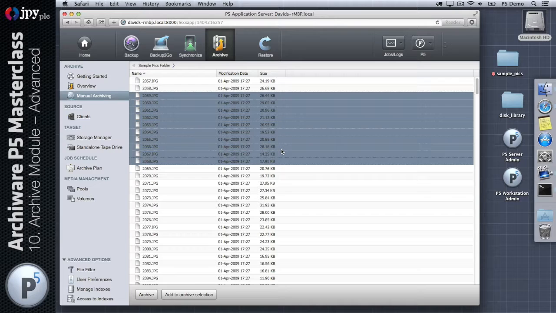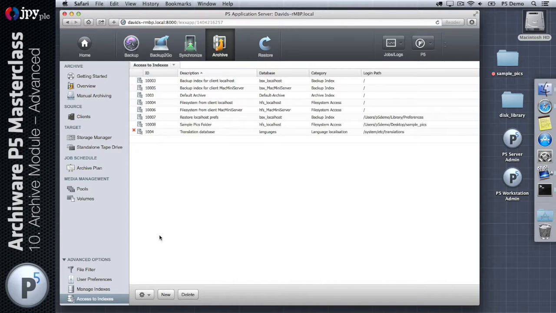This is really useful where you've got an Archiware server in an environment where the users need to be able to see shares, so that the server is probably sharing out storage with volume or share names, to replicate those share names within Archiware, so that the users can see the same storage objects that they see on their desktops within the Archiware web interface. Okay, so that's login areas, or access to indexes, and the next thing I'm going to show you is manage